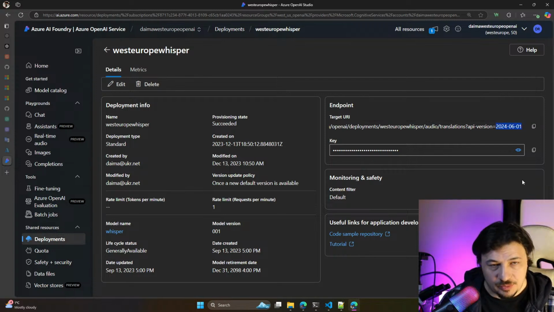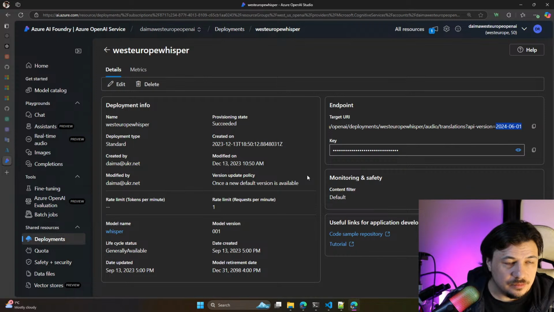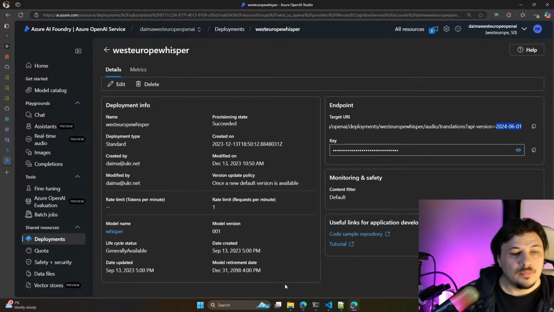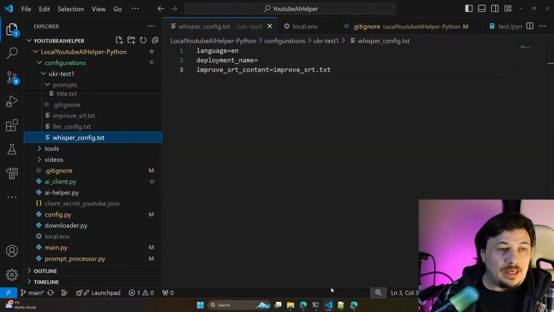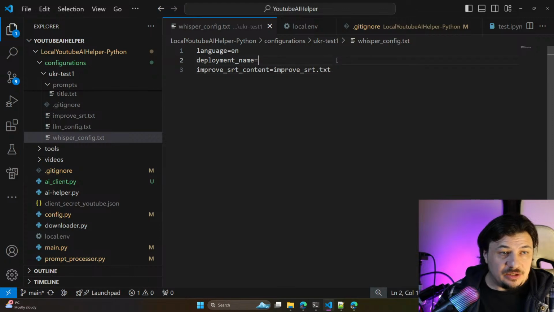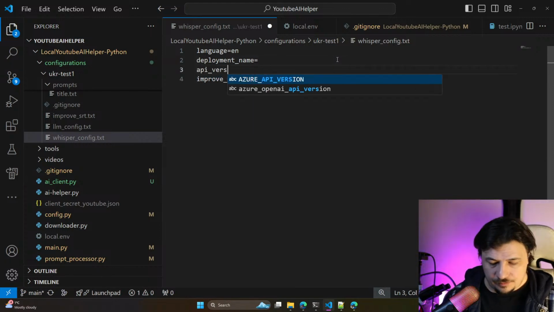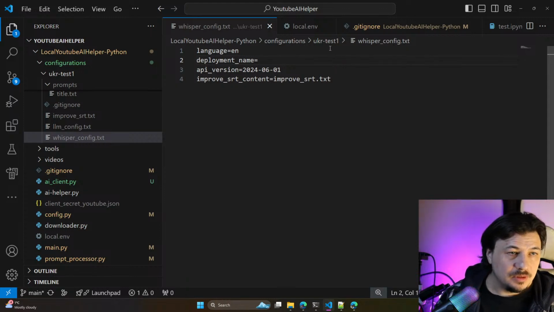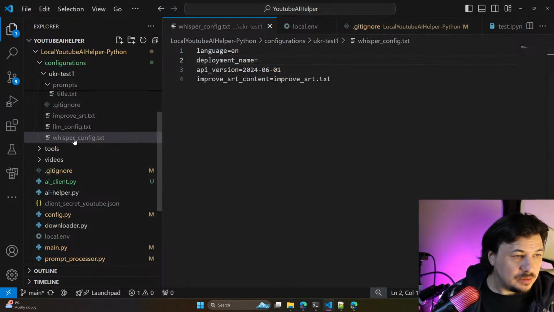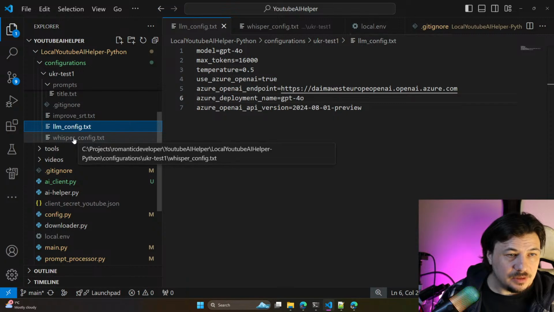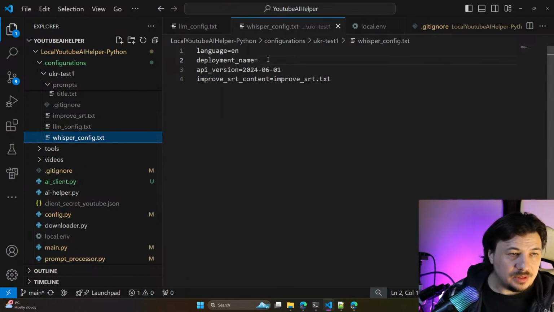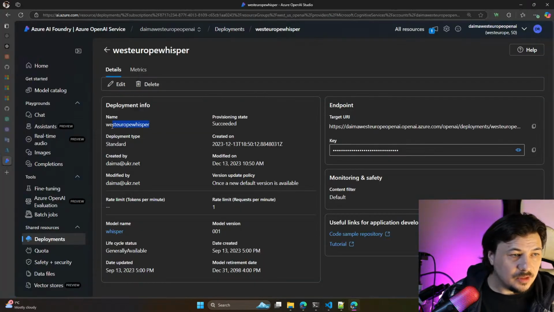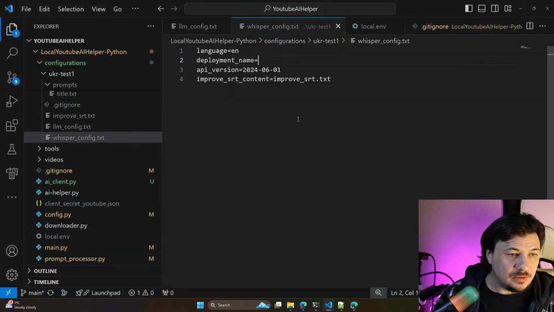It's a different API version. Yeah, it's challenging. So maybe 06. So let's see, LLM config 8.1 preview and 06, and the deployment name would be that.